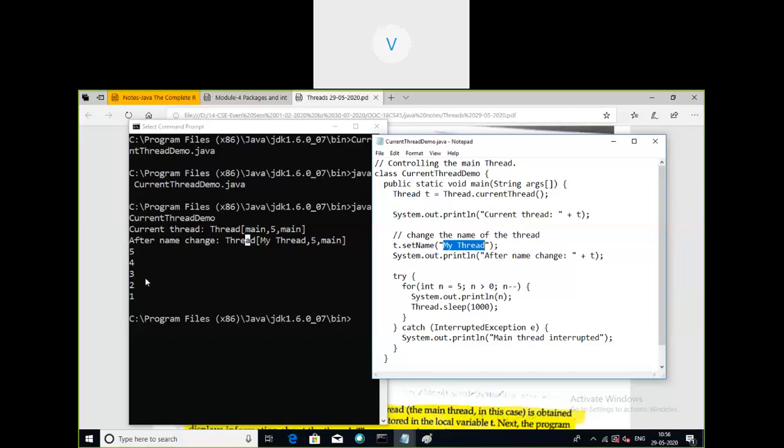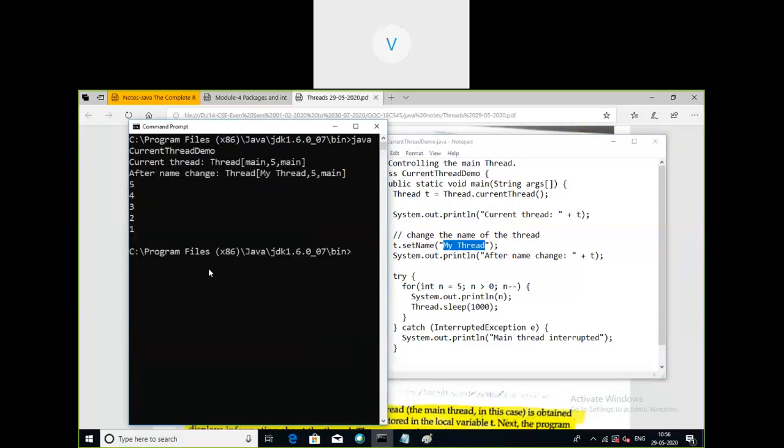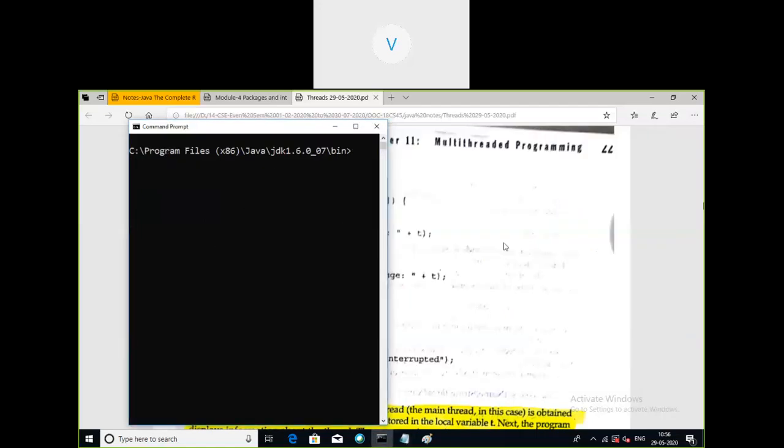I will show the output once again. You can observe it is being stopped for a moment, right? If you want, you can either increase or decrease the value of suspension, that is, the time duration can be varied as per the needs. This was the concept we have already covered.